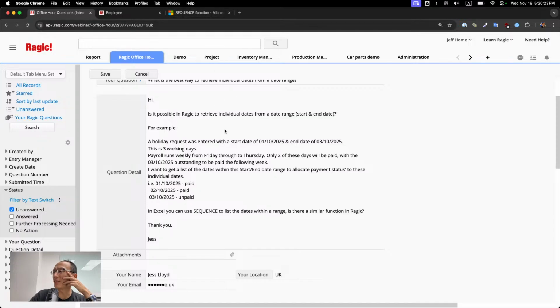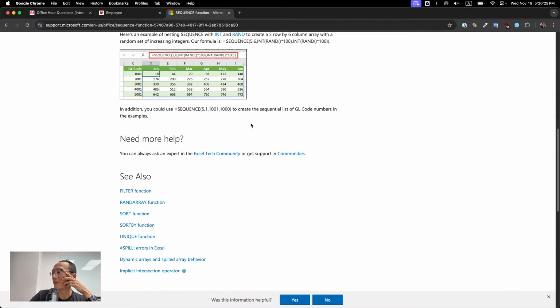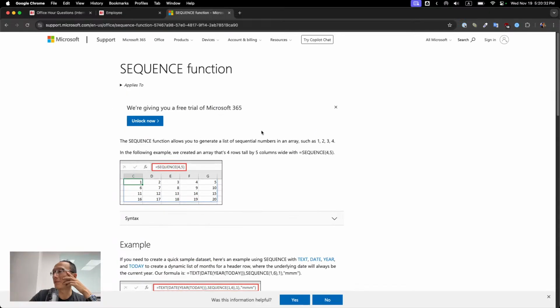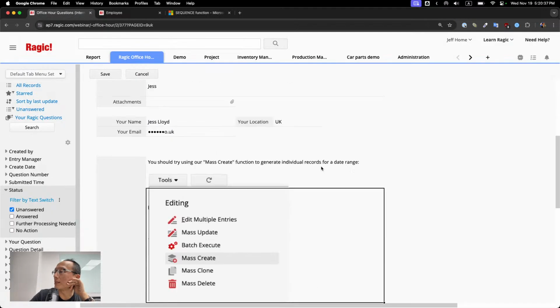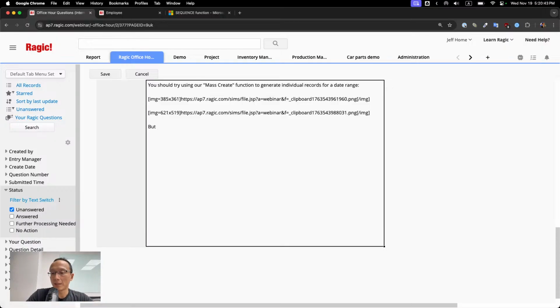Can the sequence function do that? Yeah, from first look at the documentation, the Excel sequence function doesn't do that either. But to determine if it's a working day, you will probably need to add some custom